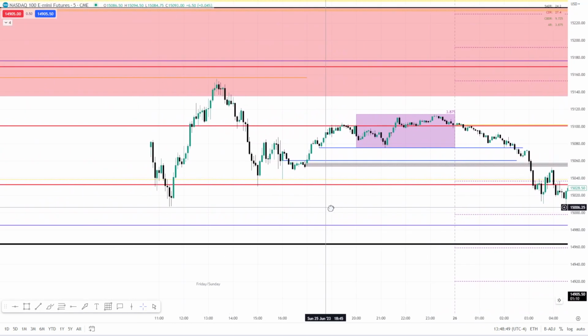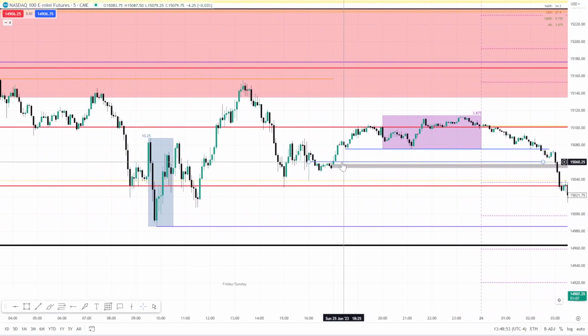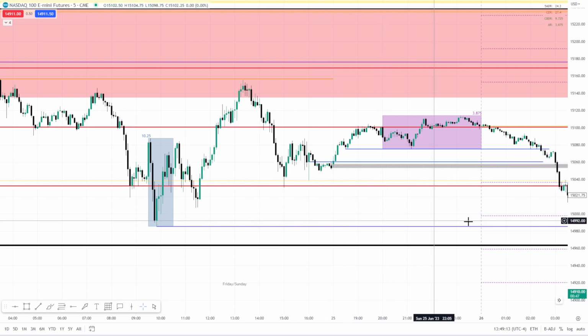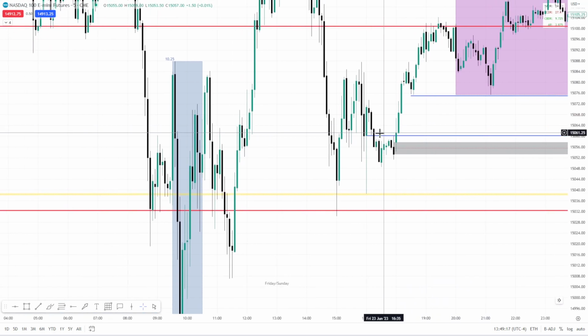You guys get the idea. Here's an example right here where it wicks back down, and then you get coverage of that whole wick coming right back up. So price will do that. It'll pop up, especially into an area of interest. Like here's a fair value gap. This is a smaller time frame. It's 5 minutes, but